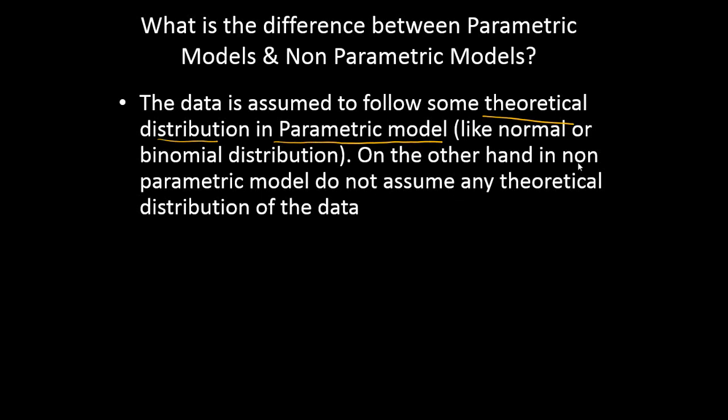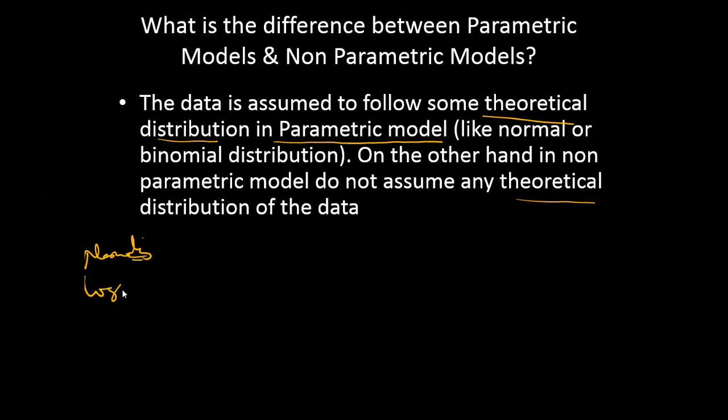On the other hand, non-parametric models do not assume any theoretical distribution. What do you mean by theoretical distribution? Well, the theoretical distributions are the ones that we might have studied in our textbooks, like normal distribution, binomial distribution. When you're doing a multiple regression, we generally assume that the error is normally distributed,